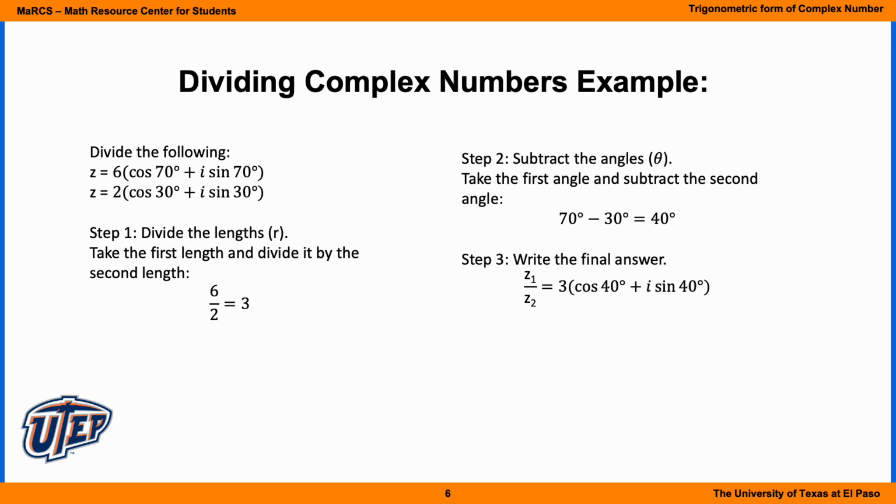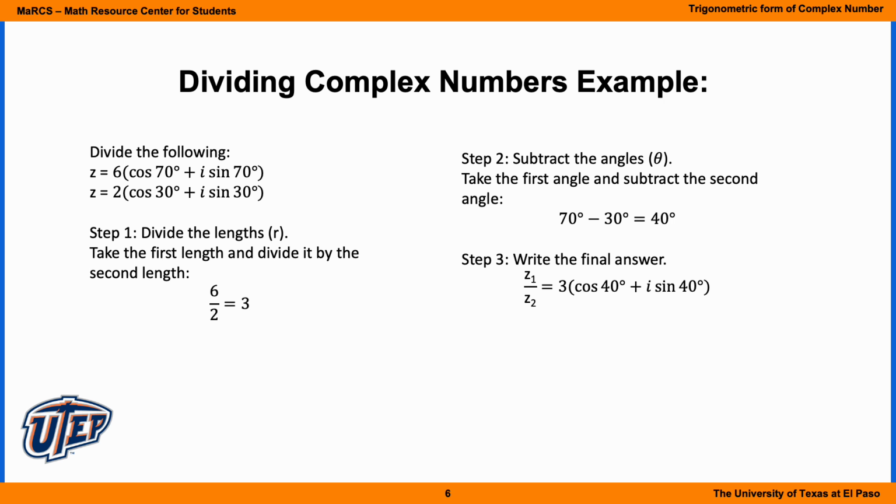Now here are some examples of what we just defined. So we're told to divide the two complex numbers 6 times cosine of 70 degrees plus i times sine of 70 degrees by 2 times cosine of 30 degrees plus i times sine of 30 degrees. So for division, we subtract the angles, so we'll be doing cosine of 70 degrees minus 30 degrees, so that would be cosine of 40 degrees, and sine of 70 degrees minus 30 degrees, so that'll be sine of 40